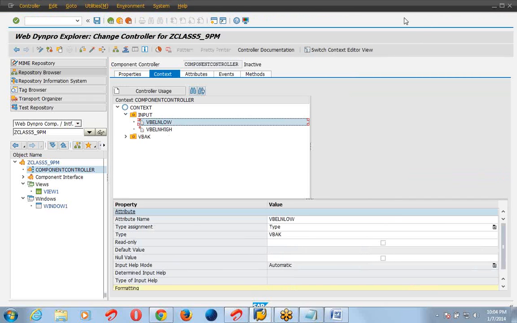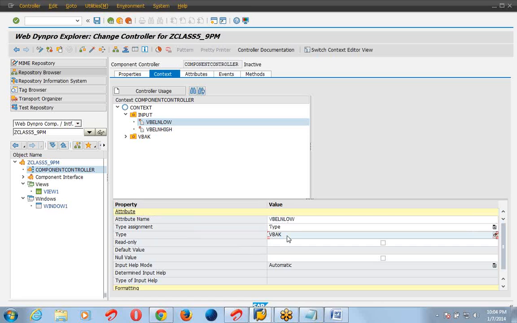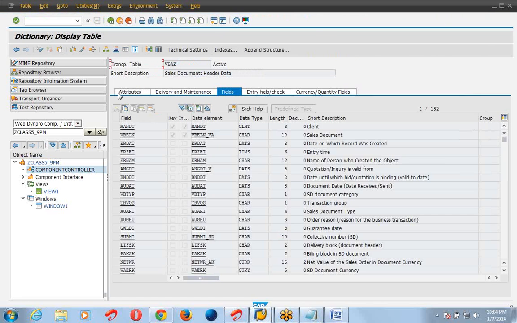Here, Bharti, this is the attribute VBELN low. So we have to give the type here, not a structure type. This is a structure type VBAK.